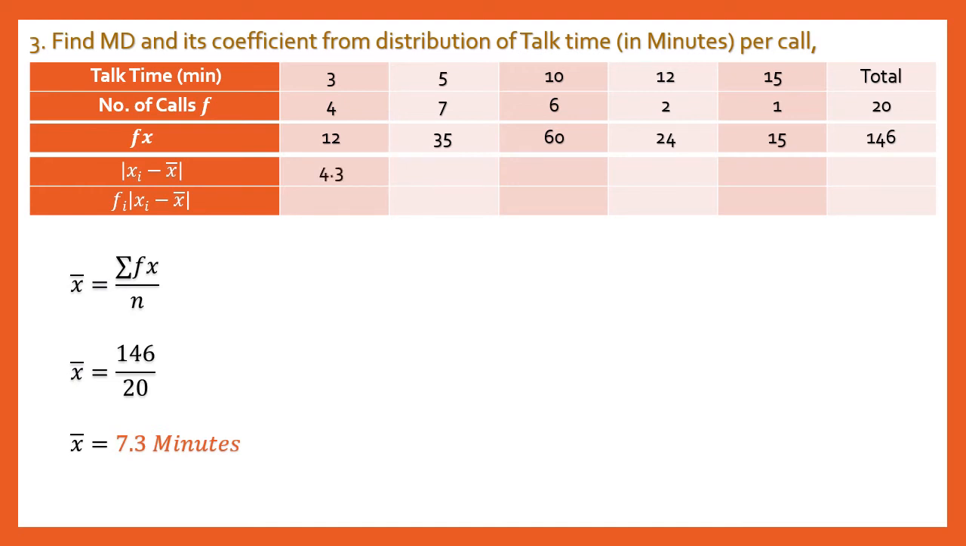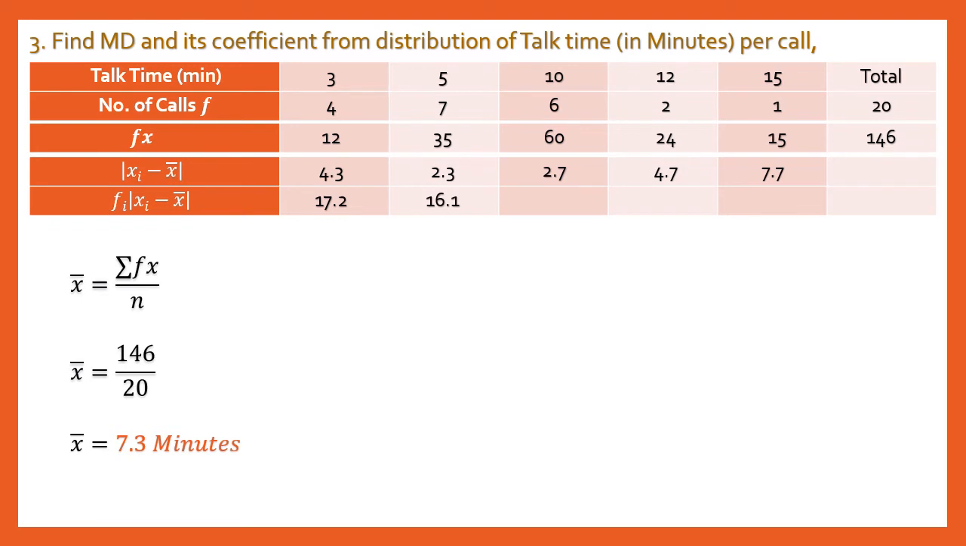So 3 minus 7.3 will be 4.3, 5 minus 7.3 will be 2.3, 10 minus 7.3 will be 2.7, 12 minus 7.3 will be 4.7 and so on. We don't need to make a total of this column. Now multiply these values with the number of calls, that is frequency, that is 4.3 multiplied by 4,